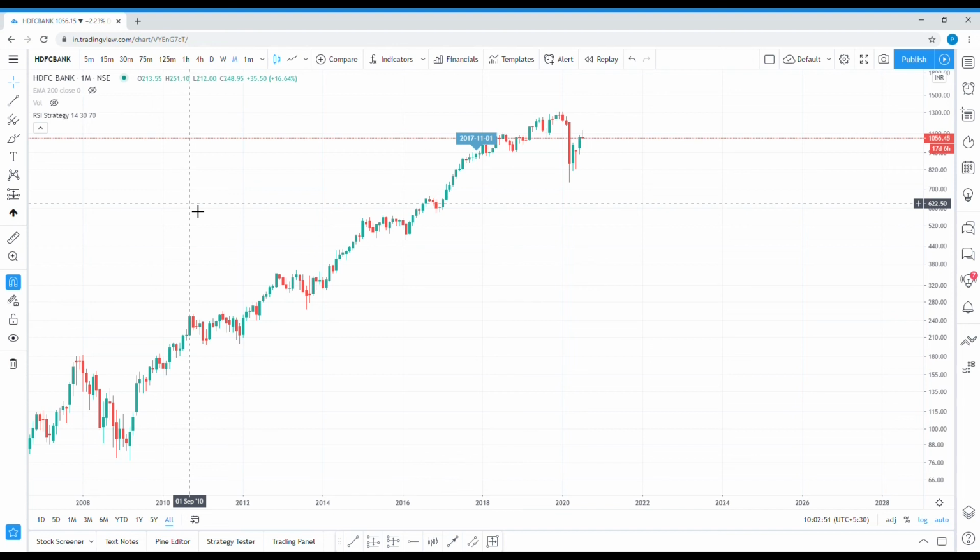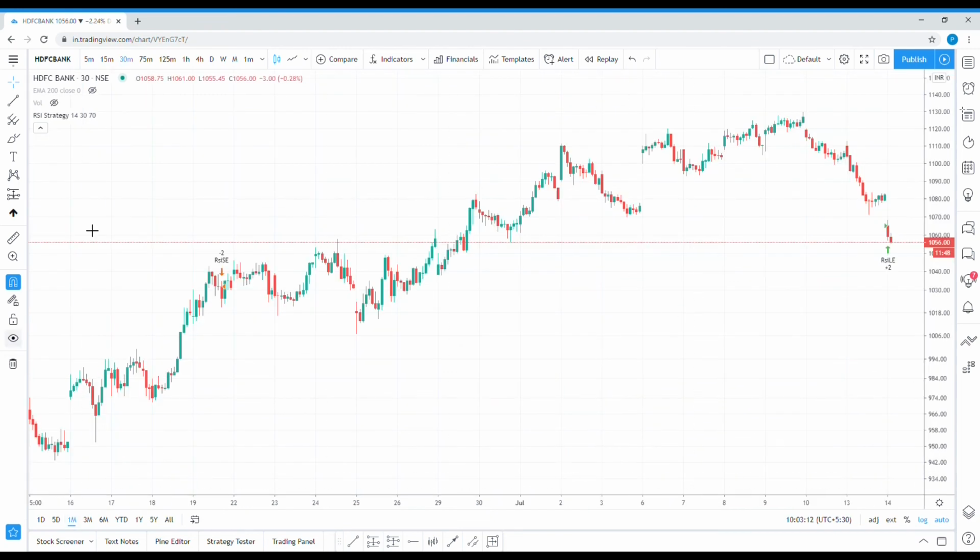So don't get confused: this is for each candle creation, after how many intervals you want each candle to be created, and this is just the time frame. This entire window should represent how much data, of how many months or days. So if I click on 1 month, it will be a 1 month window.